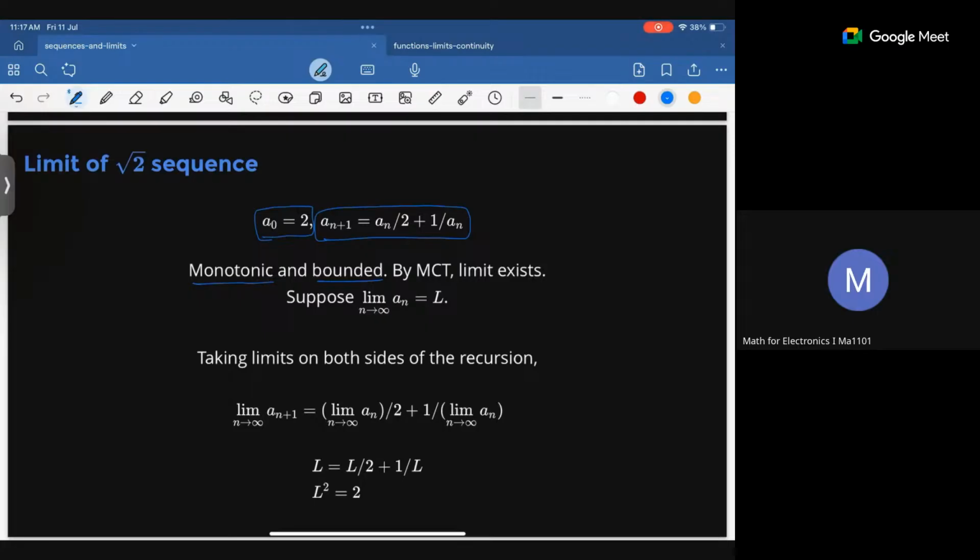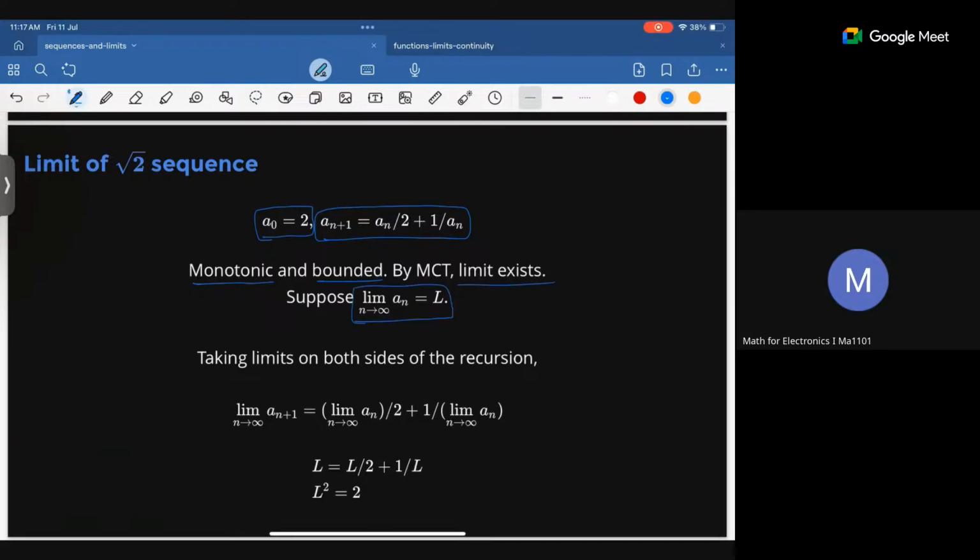Whether it is increasing or decreasing, since the sequence is bounded, the limit should exist. Therefore, by MCT, the limit will exist,